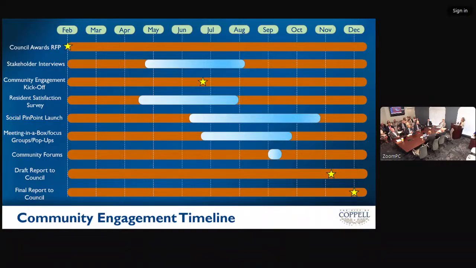It's called Meeting in a Box. And if you think about this as an engagement AED, so if you've ever seen an AED, you open up the box, you don't have to have any medical training to save somebody's life. The instructions are very simple. Anybody can follow them and have a successful outcome. This is exactly what Meeting in a Box is.